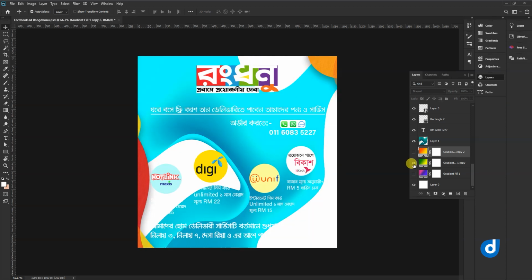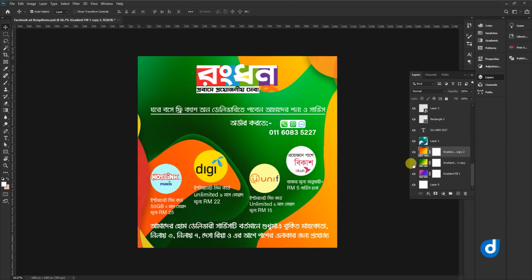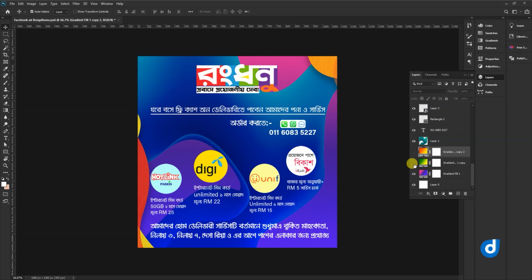It looks very pretty and is very easily recognizable. I am very excited to teach you this design. This gradient is very phenomenal and easy to observe.